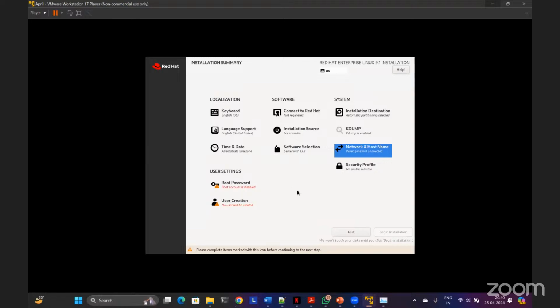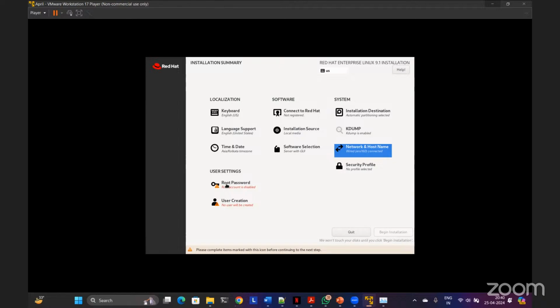What is root? Just like in Windows, there is a super user, the administrator called administrator. If you log in as the administrator user, you will have full control on a Windows laptop or Windows server, and you can do anything. So administrator is the super user, can do anything. Similarly, in Linux, the administrator username is not used.